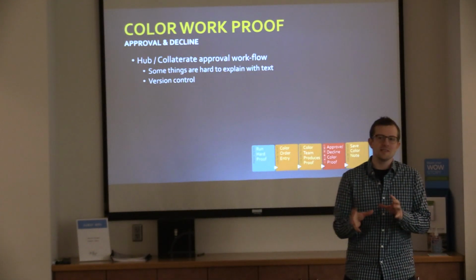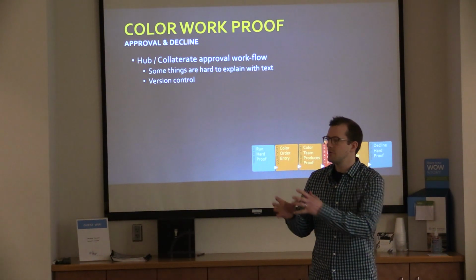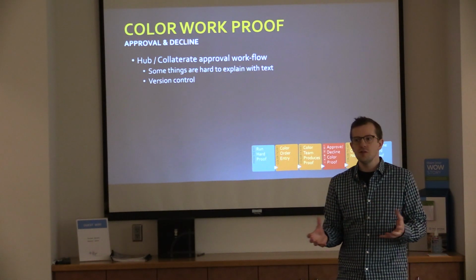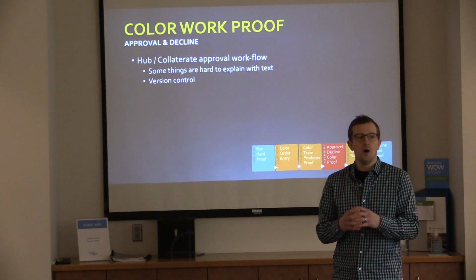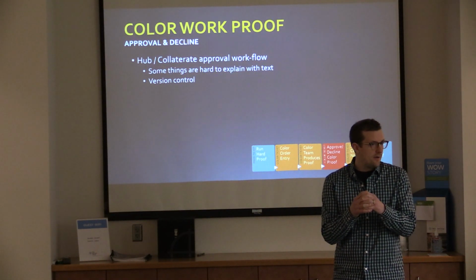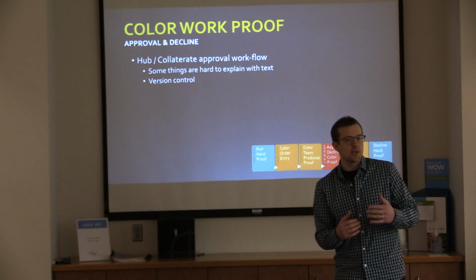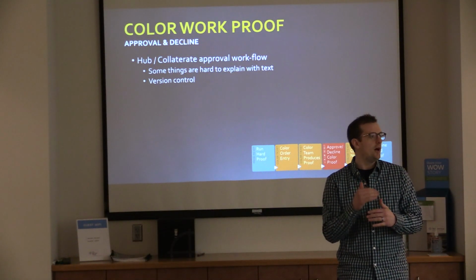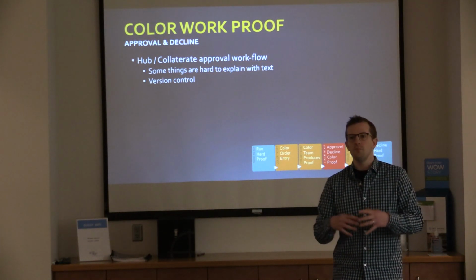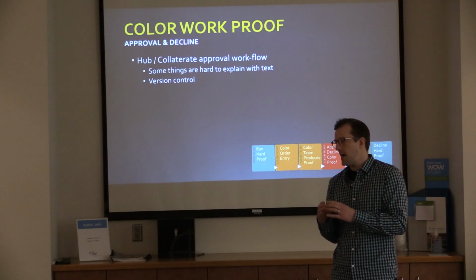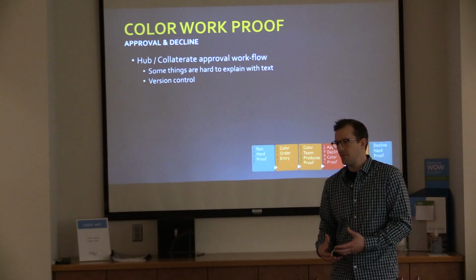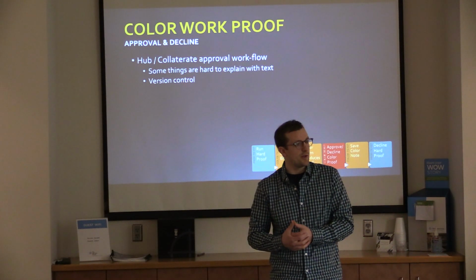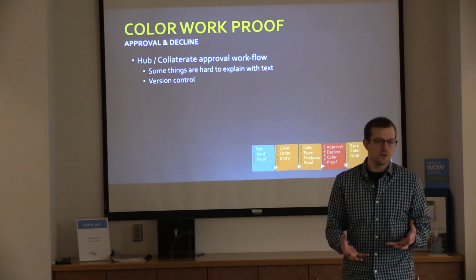And then version control. There's a slight change in version control, but only because it's handled differently from team to team. What we're going to start doing is we want to handle all versions or revisions to color work in one job, or one part, right? Some teams today in the PACE, they'll add a different part for each version that goes to the client, and that'll help them control their versions that way. We want to put version control in one job. And this just simplifies the number of jobs you have to enter on the back end. But it also is something the color team is going to make a few changes with. So they'll change their nomenclature so that they can